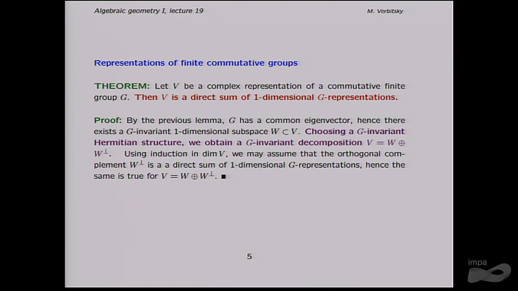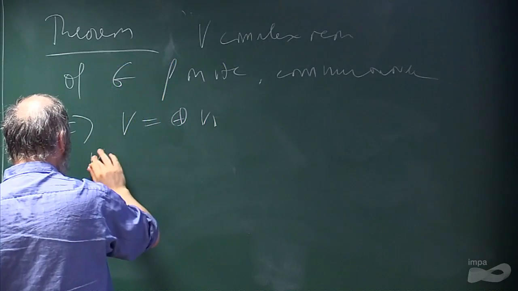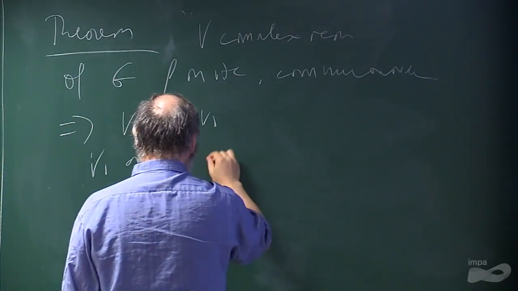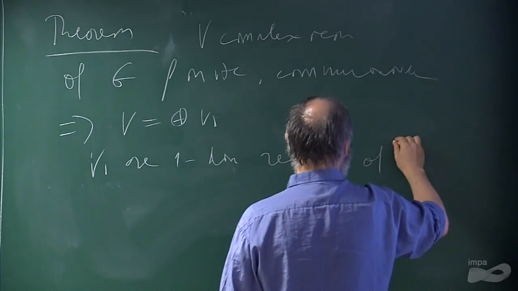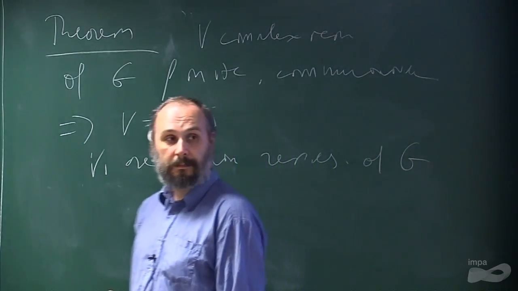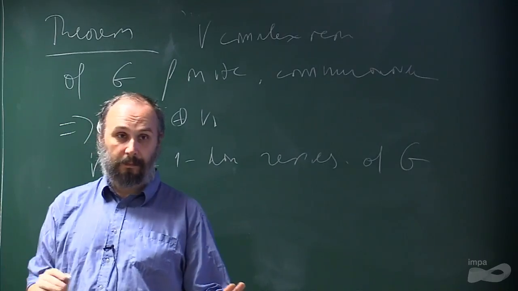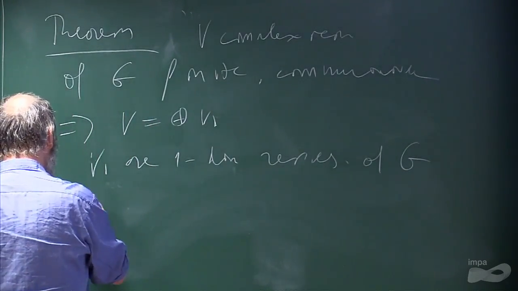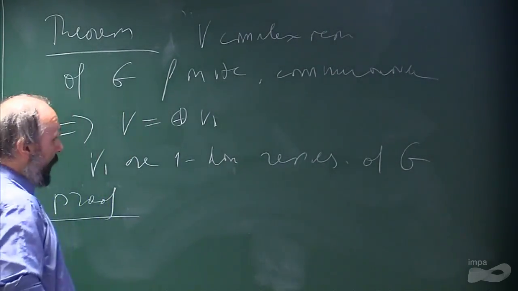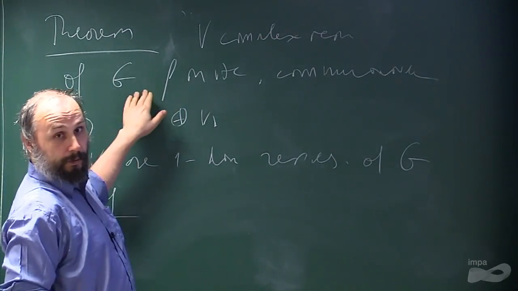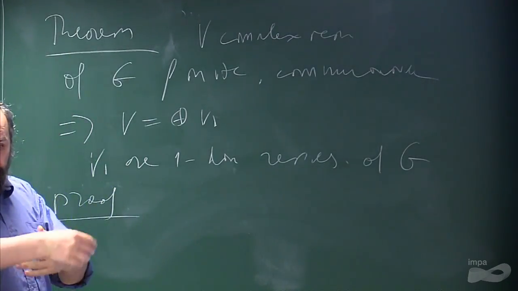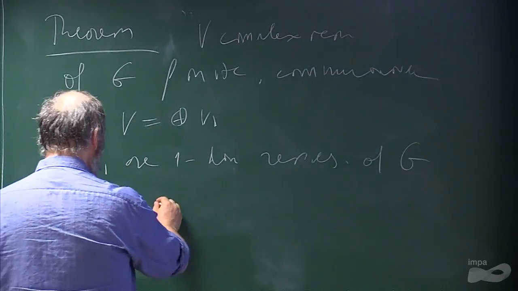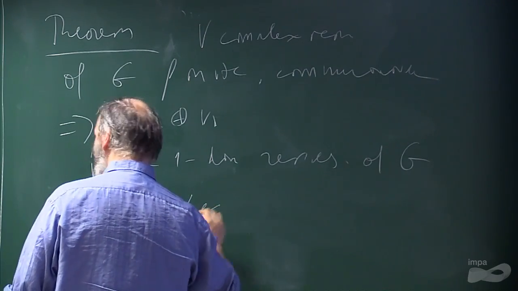Then V is a direct sum of Vi, where Vi are one-dimensional representations of G. So the proof is very easy. All these elements commute in the group. This means that they have a common eigenvector, which gives you a one-dimensional space. So by this lemma, which I just proved,